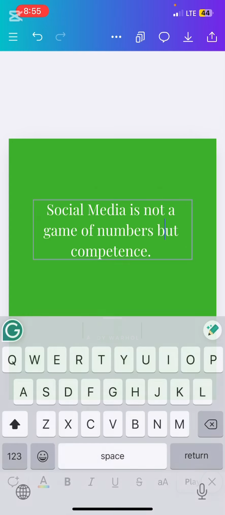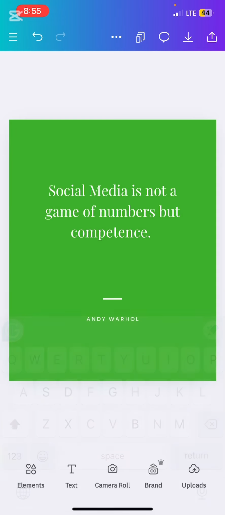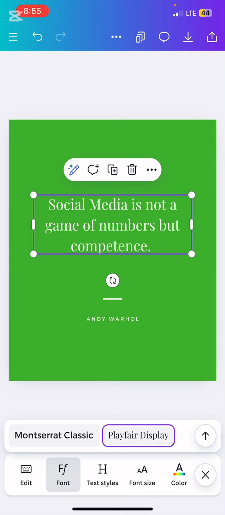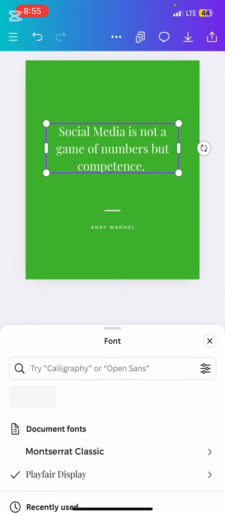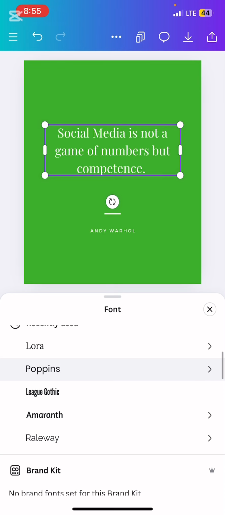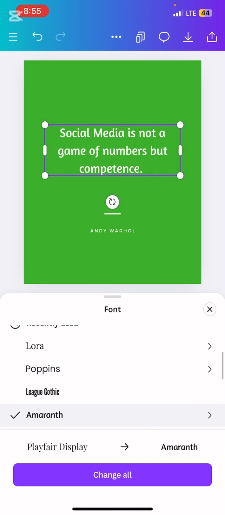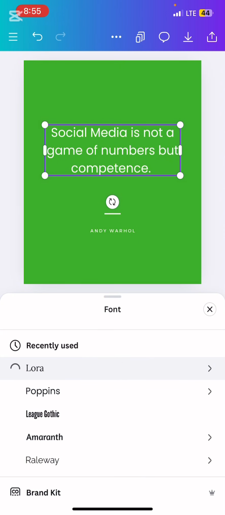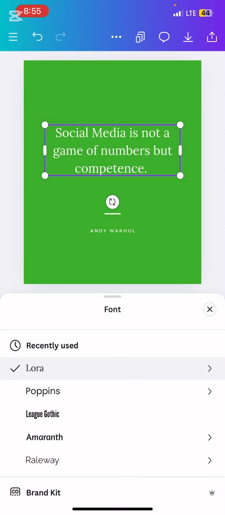So here it is. Now this font that is there is Plefi. I don't use that font. That's not my font. I have a font I use. So you look for fonts that you like. Whatever font that you think you like, you pick any font, and then